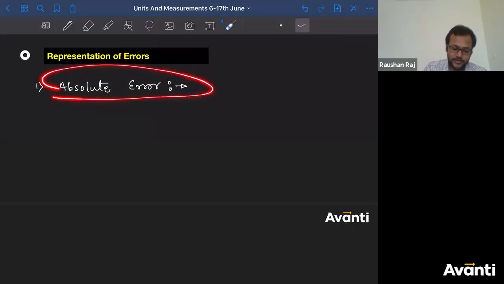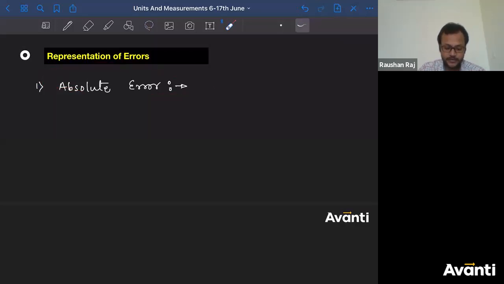When you write absolute error, this is one of the expressions to explain error. I can say the absolute value. To express error, I can say the relative value. To express error, I can use percentage, right? So they are not types of error, but I can say they are different types of representation of error. Okay, so what is absolute error, bacha?